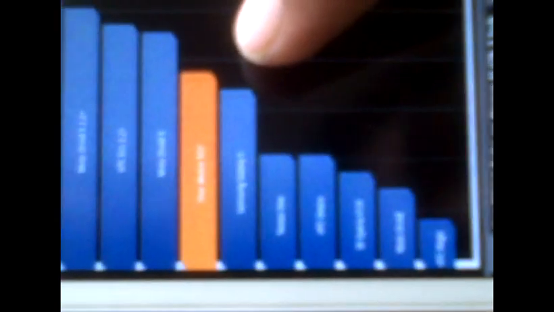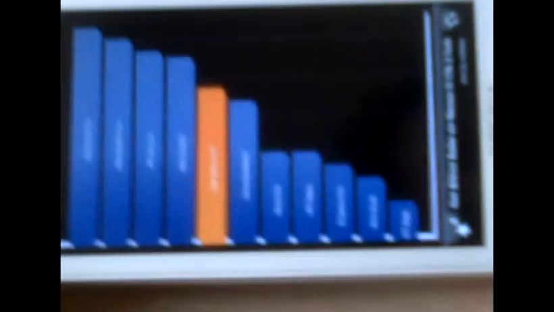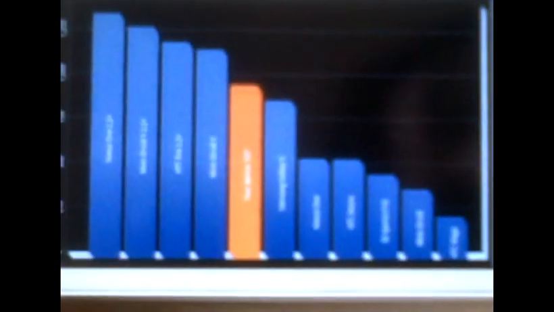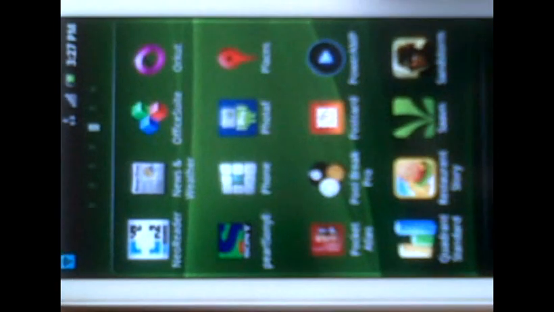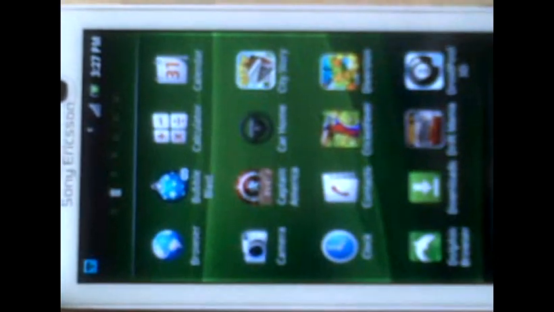Okay, so here we got the Quadrant Standard, that our device is working at around 950. Here some devices are listed: Nexus, Galaxy S, Nexus One, HTC Desire, Sony Xperia X10i with 2.1, Moto Droid and HTC Magic. Our phone is better than these phones, and it's working nicely with Quadrant Standard.